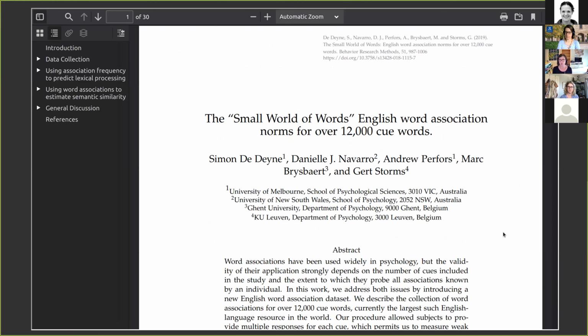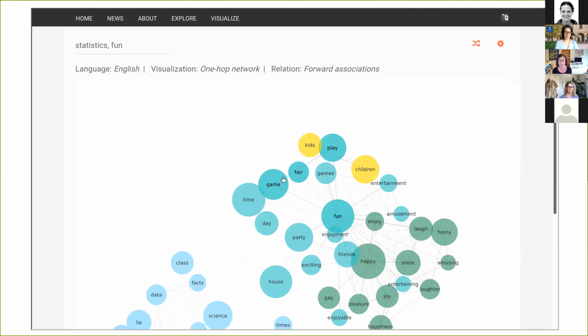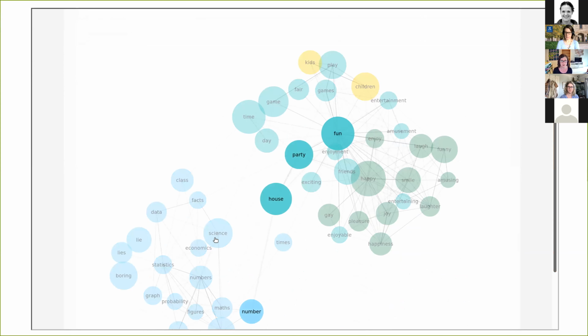Every now and then, doing this kind of work leads you to do things that actually have pretty pictures and are kind of interesting. So here's an example of a project where we were trying to think about what is the large-scale structure of human semantic representation. So you'd give people just really simple word association games. So I say cat, and you have to say whatever word comes to mind first, and that might be dog. If I say statistics, it might be fun. Okay, maybe not, but let's pretend. And if you get several million judgments like that, you can start putting together representation. You can put together large-scale semantic networks.